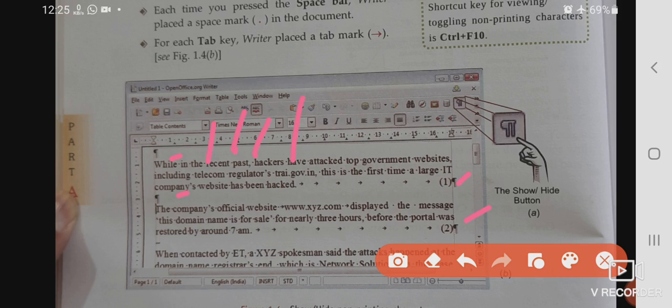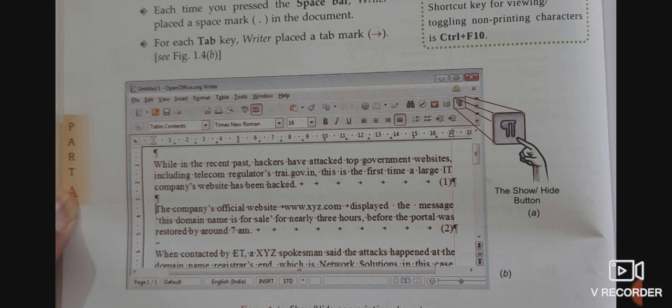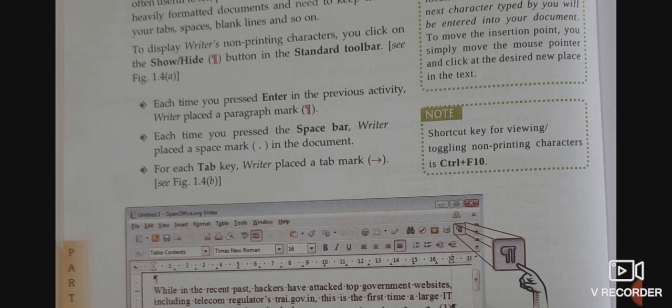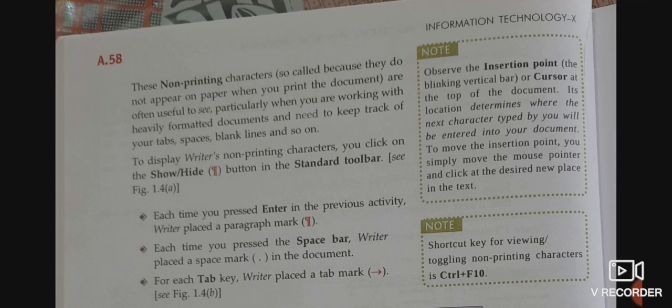And every Tab key press places an arrow. See, this is the use of the Tab key.